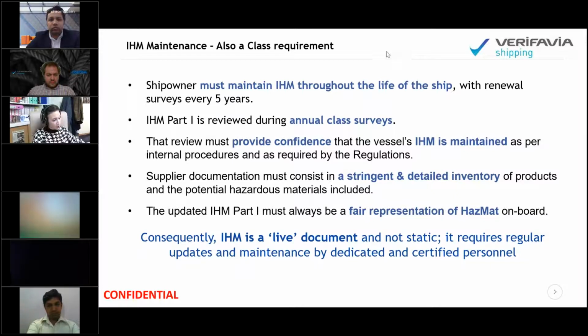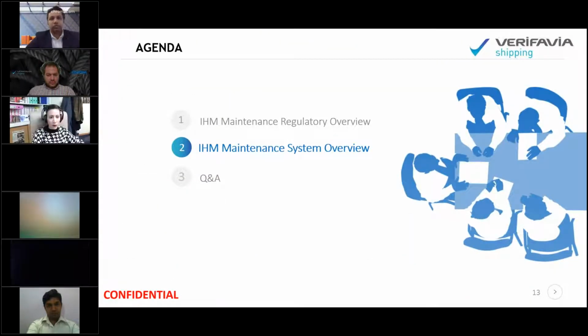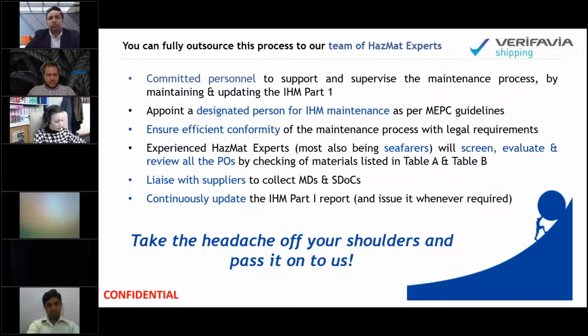Our solution that will be presented by Yuvraj in the next section will show you what we can do for you, that we can take this headache off your shoulders and pass it on to us. That's why we are here. What we propose is a combination of expert resources of hazmat experts in India and worldwide, combined with a state-of-the-art IT tool, IHM maintenance dashboard, combined with the app called HazInvent M. And it's this combination of expert resources and state-of-the-art IT system and software that we propose in order for shipping companies to completely outsource this process to us